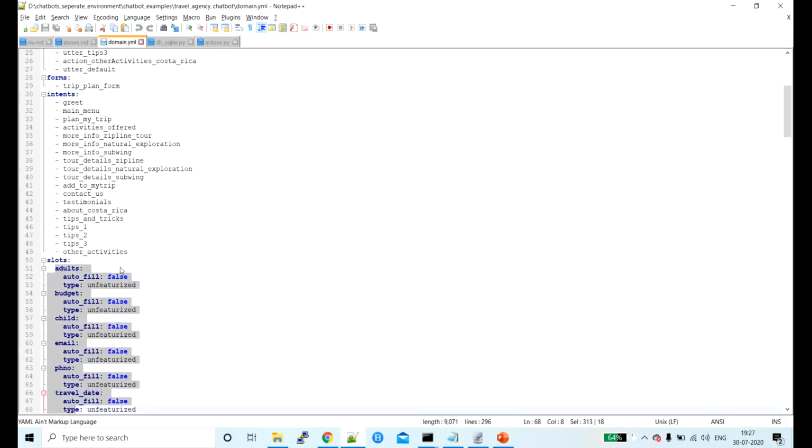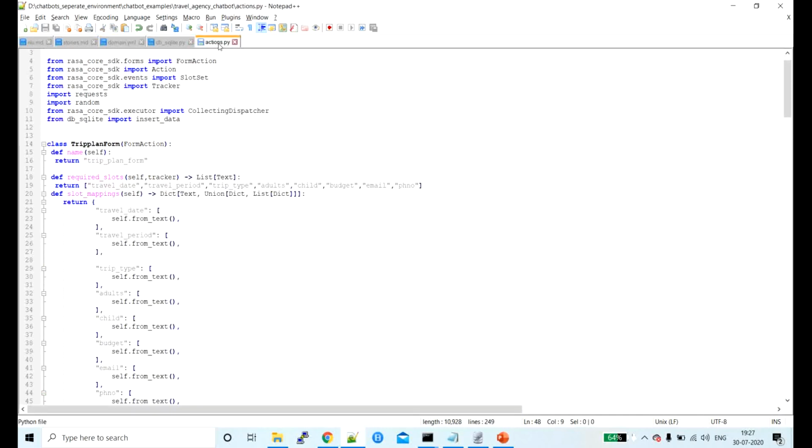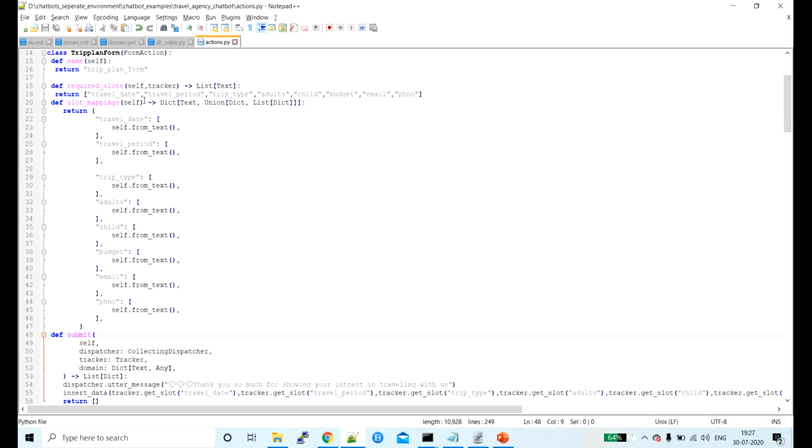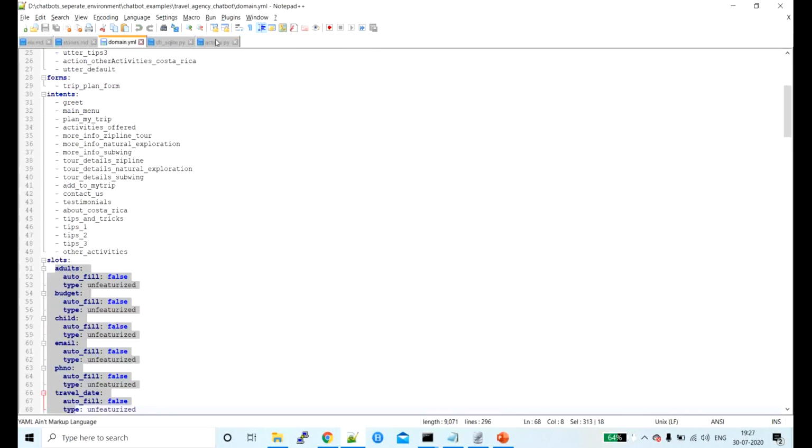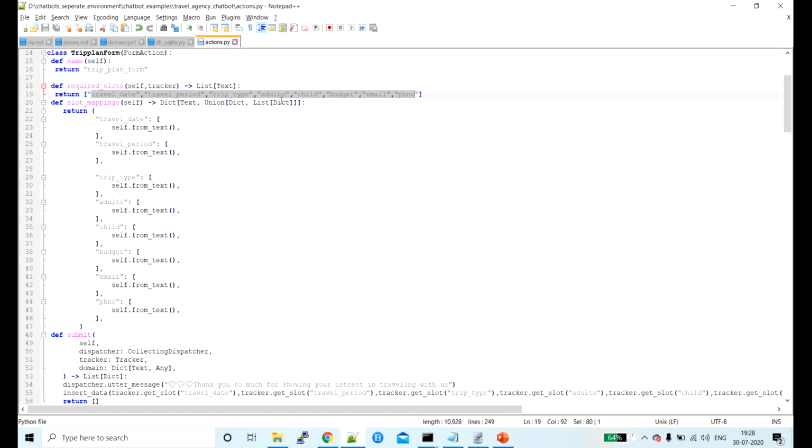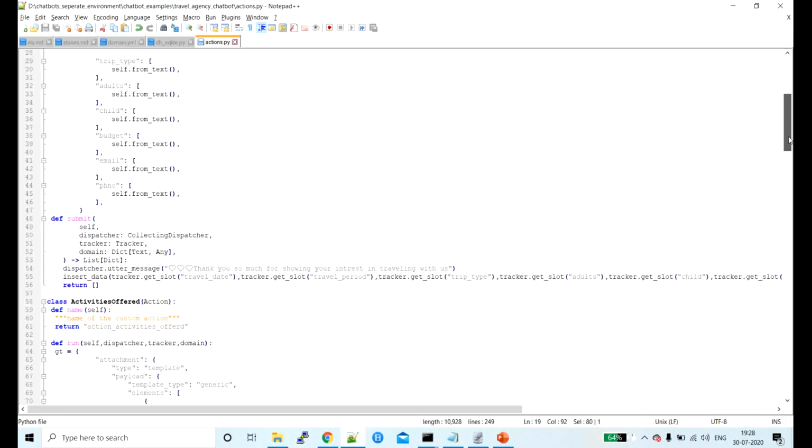We want to get the data of these slots in our actions.py file, then only we can store that data. So this is how you can get the data. These are the different slots which we have over here. We are calling those slots over here.